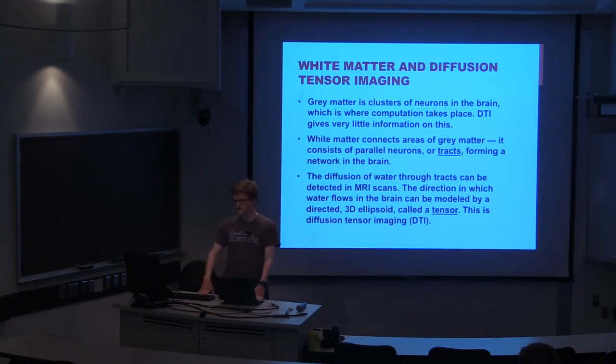Okay, so basically, diffusion tensor imaging is a form of MRI, magnetic resonance imaging, which is used to find information about white matter in a person's brain. Everybody here probably has heard about white matter and gray matter in brains. The difference between white matter and gray matter is that gray matter is essentially clusters of neurons where a lot of